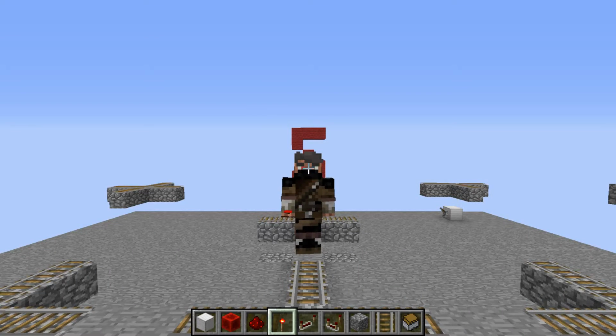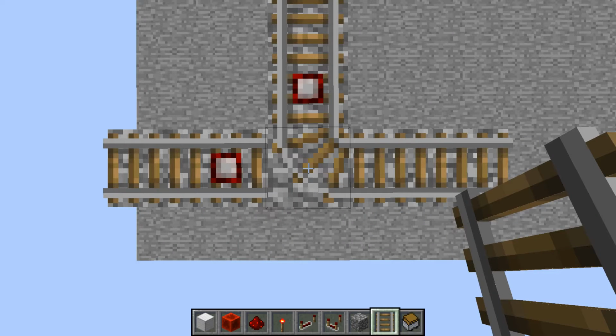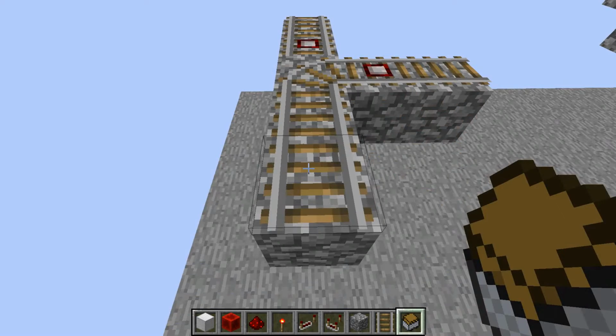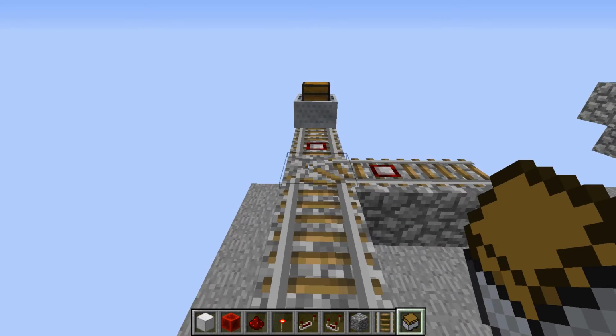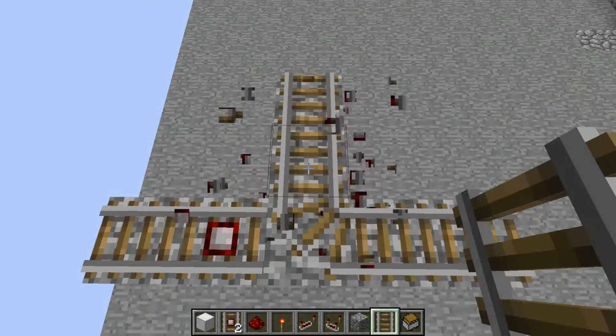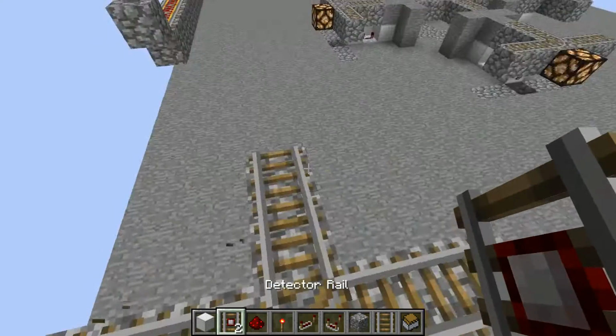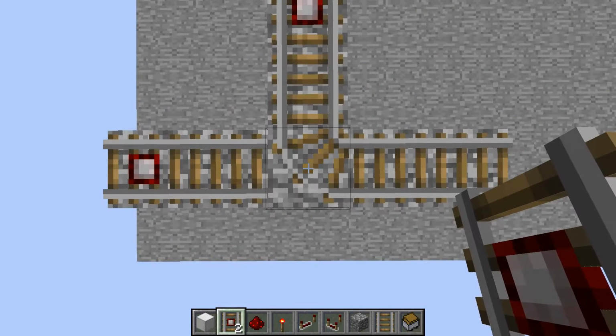In a single cart system, you usually want to choose the direction you send your minecart to and have returning carts routed automatically so you won't have to worry about them. A good way to achieve that is using detector rails. Detector rails have a bad habit of directly powering adjoining junctions with an awkward timing. The minecart might not go where you think it should. A good rule of thumb is keep one block distance between the junction and the detector rail.